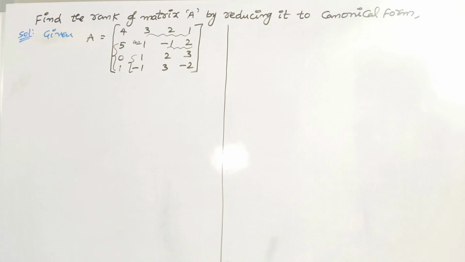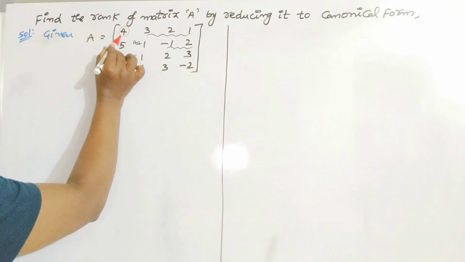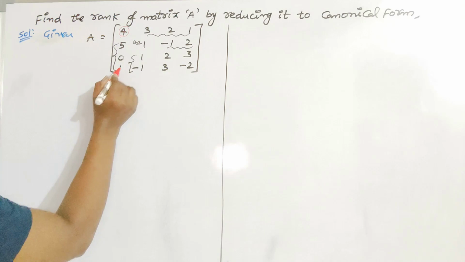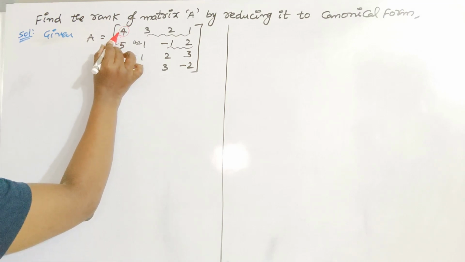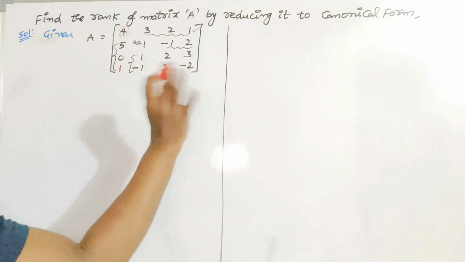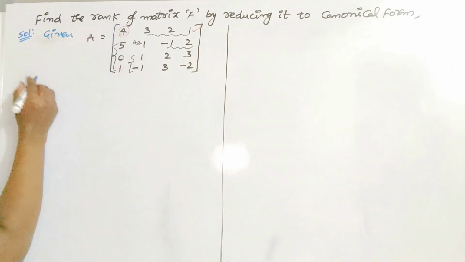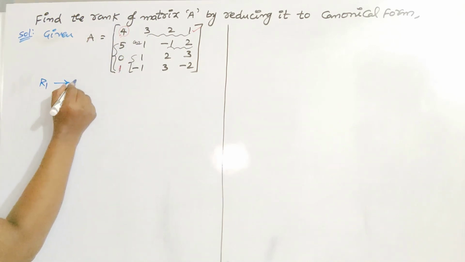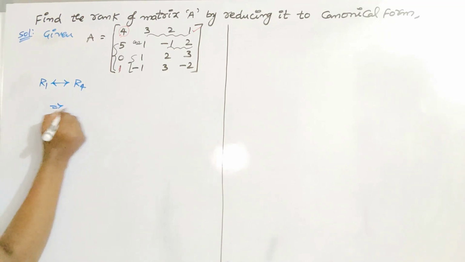So it is better to make this first pivot element 1. Since it is 4, it is better to make it 1 by interchanging the rows, otherwise columns. Since in the fourth row the first element is 1, if you interchange R4 and R1, you can get 1 here. Otherwise you can also interchange the last column and first column as you wish. So I am interchanging rows. I am writing R1 in R4 and the elements of R4 in R1. So the matrix becomes